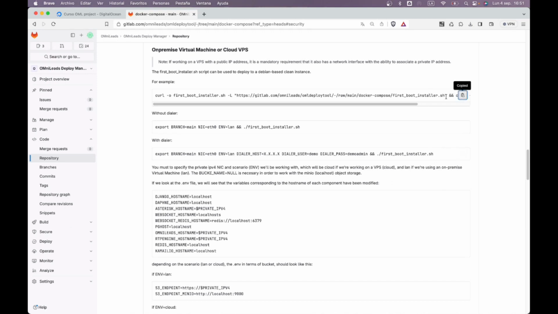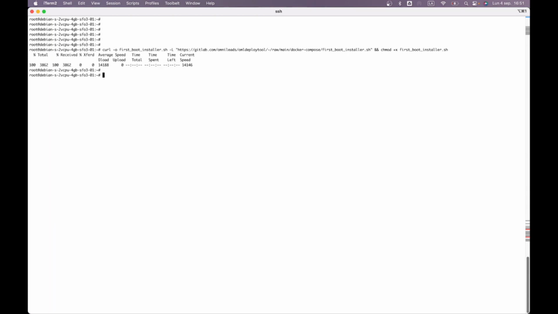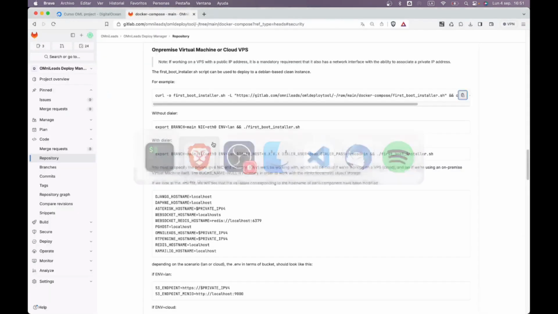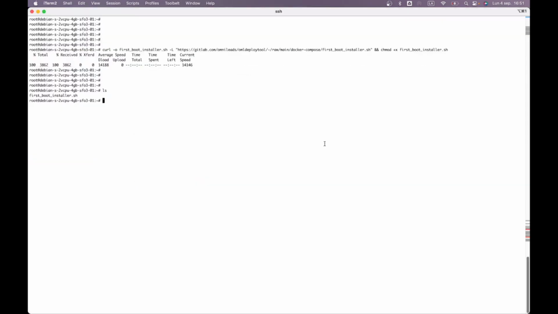So here I was already entering the Debian Linux instance that I just generated. And, as you will see, I have the installation script that I already downloaded. So let's go down the more complex path to leave this simpler, already covered. I'm not going to pass you the branch, I'm going to let you use the default stable